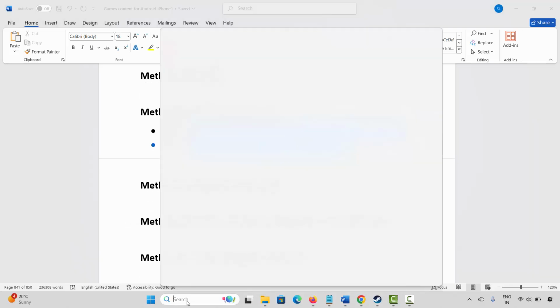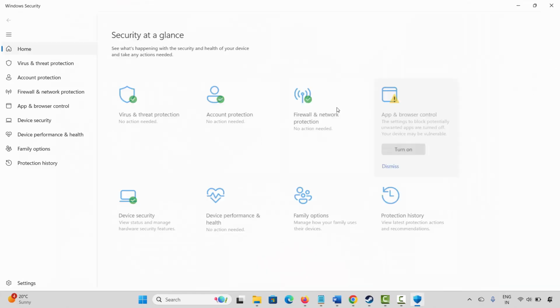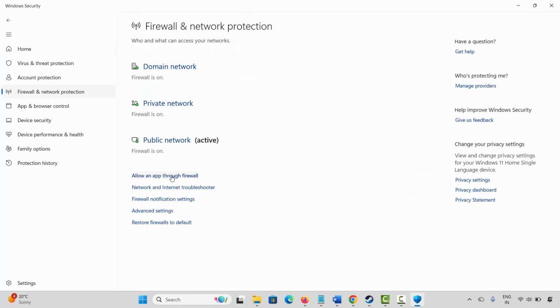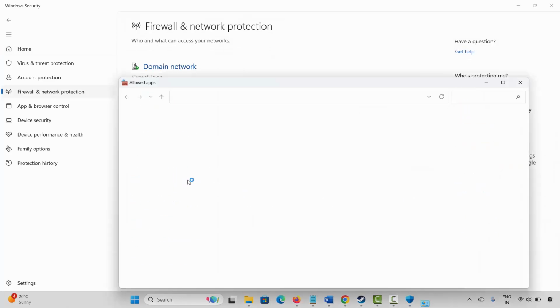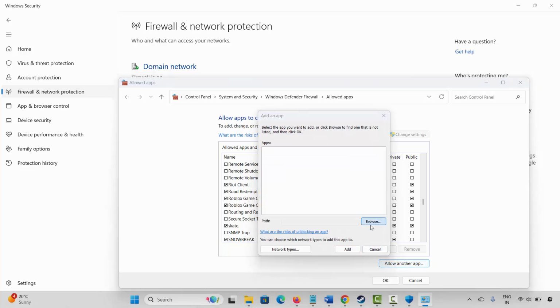If not, next is to allow the game through firewall. For that, go to the Windows search for Windows security. Now here you have to click on firewall and network protection, allow an app through firewall. After that, click on change settings and now here you have to search for the game if it's listed. If not, don't worry, click on allow another app, then go to the browse section